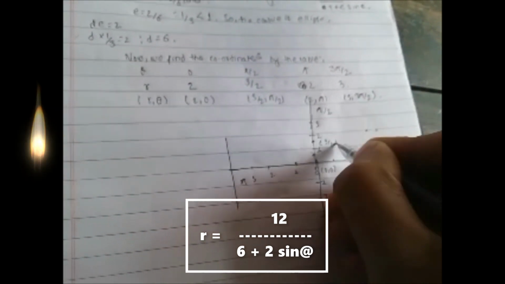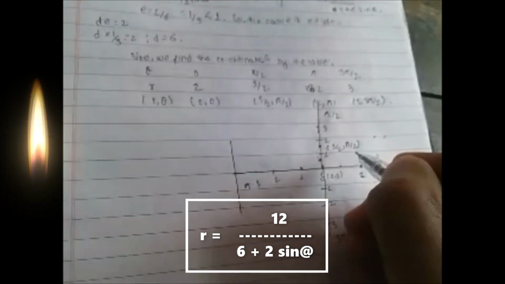At pi, 2 comma pi, it will be here, and at 3 pi by 2, it would be here, 3 comma 3 pi by 2. So when we join all the points, we would get